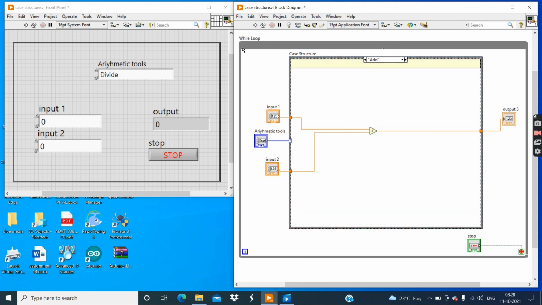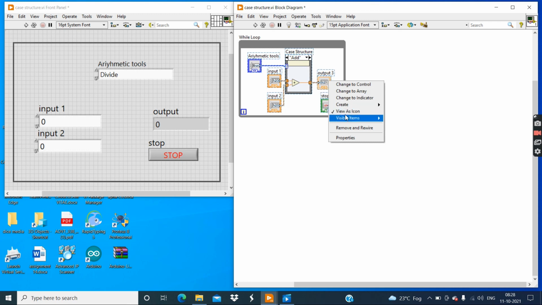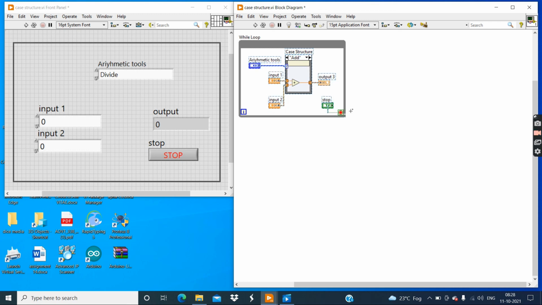Now guys, again right click on this while loop and click Clean Up Diagram. Now the position of all the components and indicators is perfect. Similarly again select all the controls and indicators, right click and click on View As Icon.